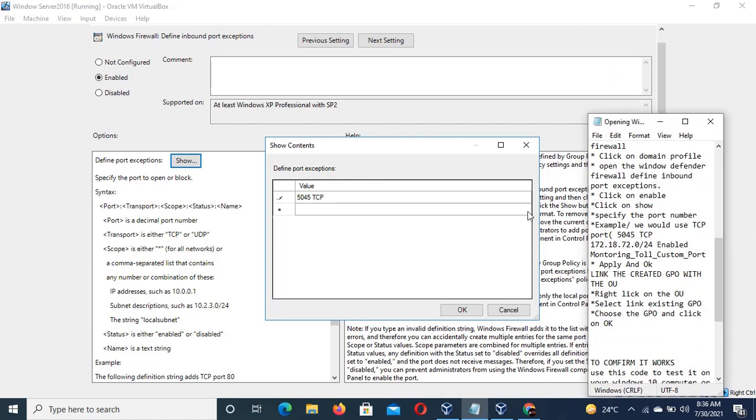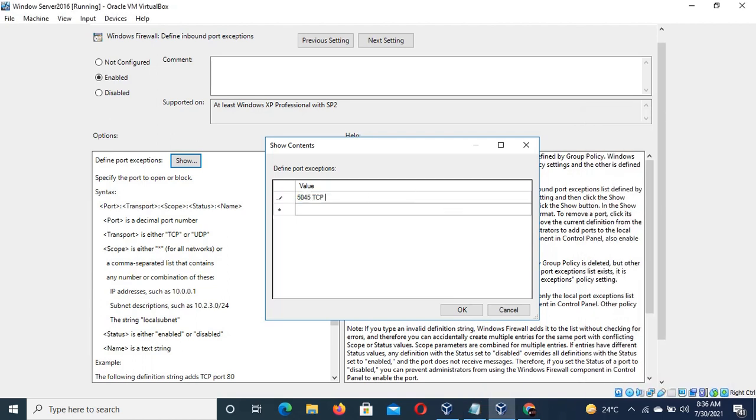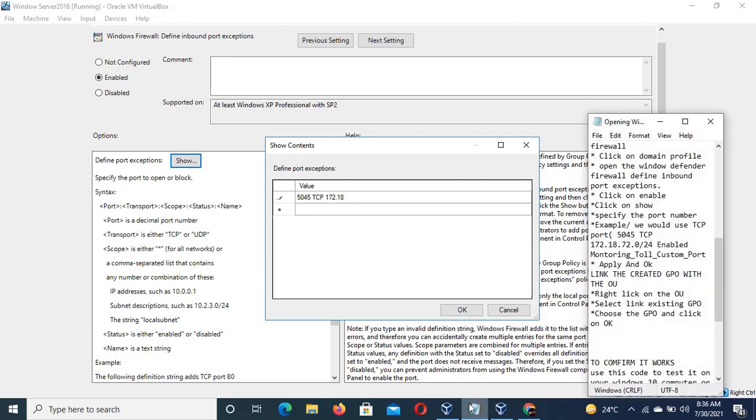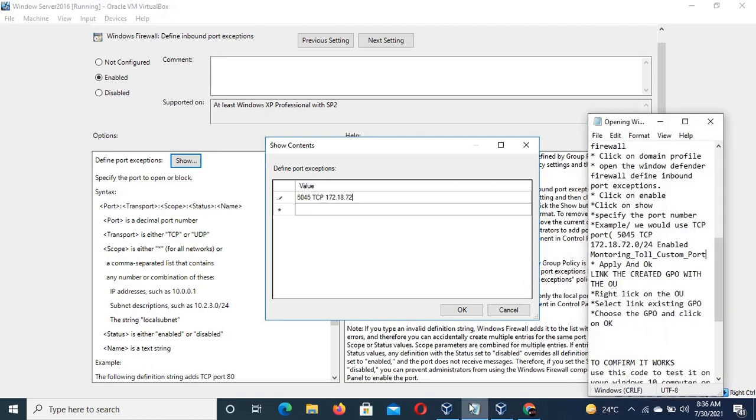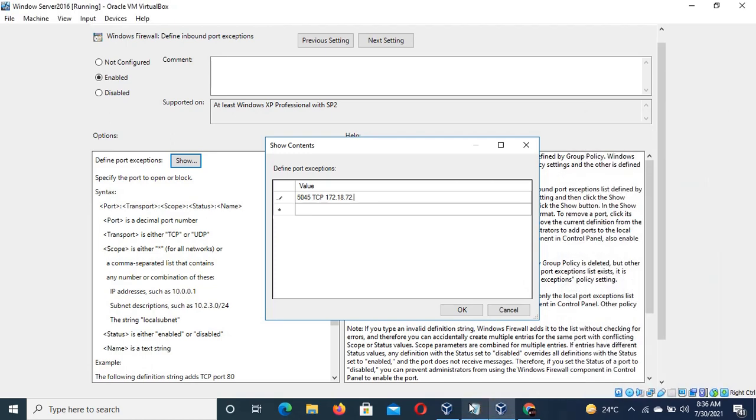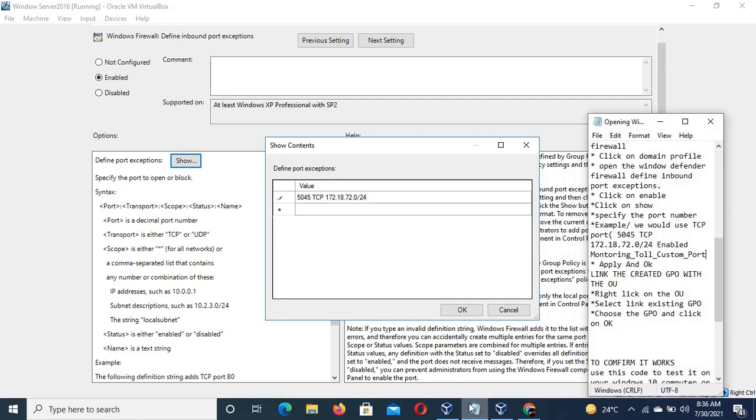Control S. Okay, so now once that has been done,